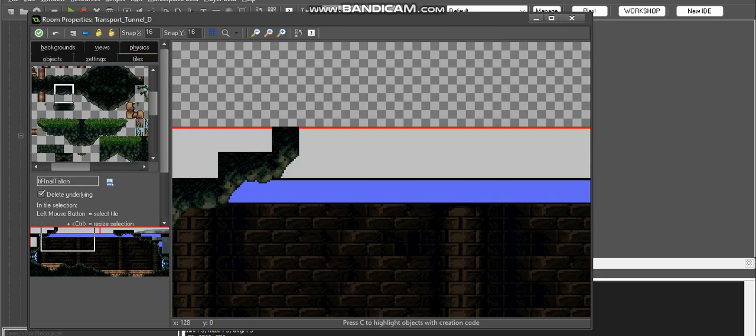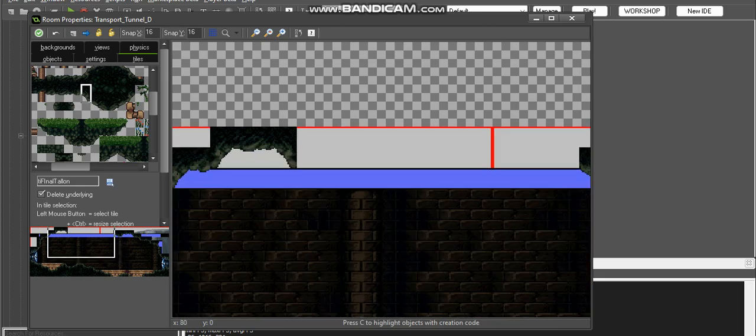Because that's the thing with these caves, you want them to look as natural as possible, and it depends on the tile set or individually